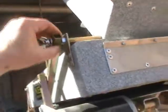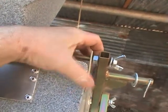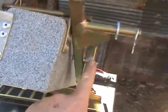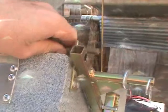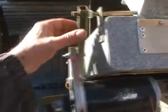Loosen this. Have to take this nut off, it looks like. Fortunately, it is loose enough, and then I'm hoping that the rod will pull out that way. Okay, so I had to take the nut off of here, and then I just pulled that rod out from the hole. Now I'm going to try and pull this rod through, which